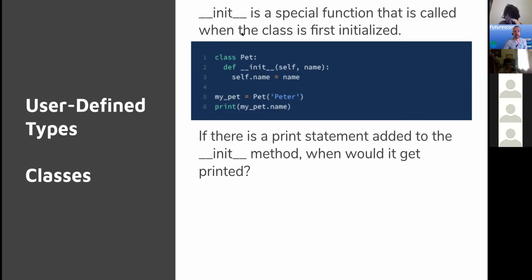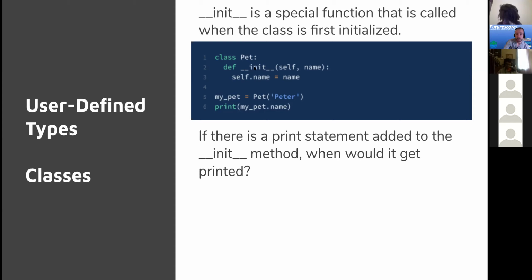So there is a special function or method called init. Notice that there are 2 underscores before it and after it. When you put 2 underscores before and after a method name in Python, those are reserved methods. Reserved methods are methods that are used for specific purposes that Python is looking for when you do certain things. And I introduced the __str method. That was, I believe, earlier this week. That works when you cast something as a string. This one is something that